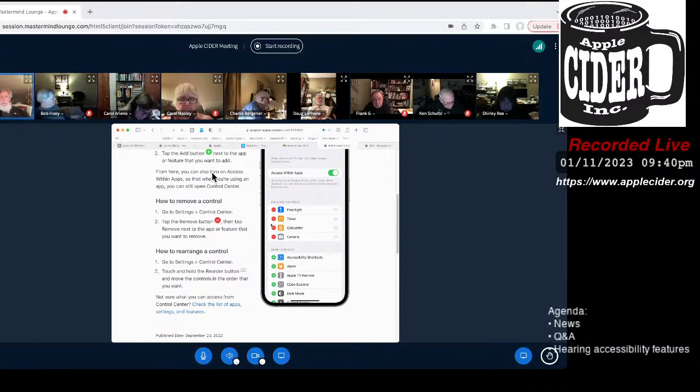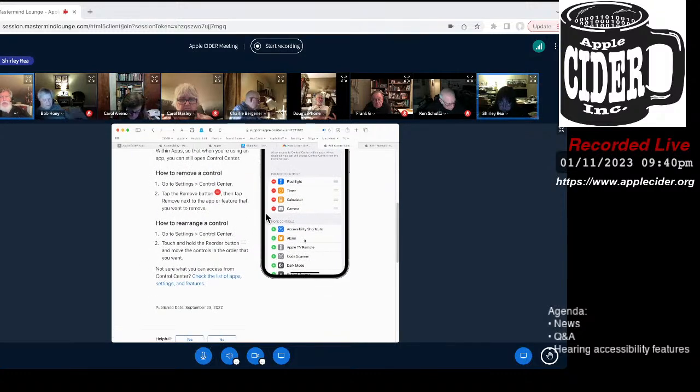So if you never need to have a timer, you can turn that off. And if you want to have the hearing, scroll down to the more controls, and hearing is going to be one of those controls, with a green plus. And you're adding that to the control center.